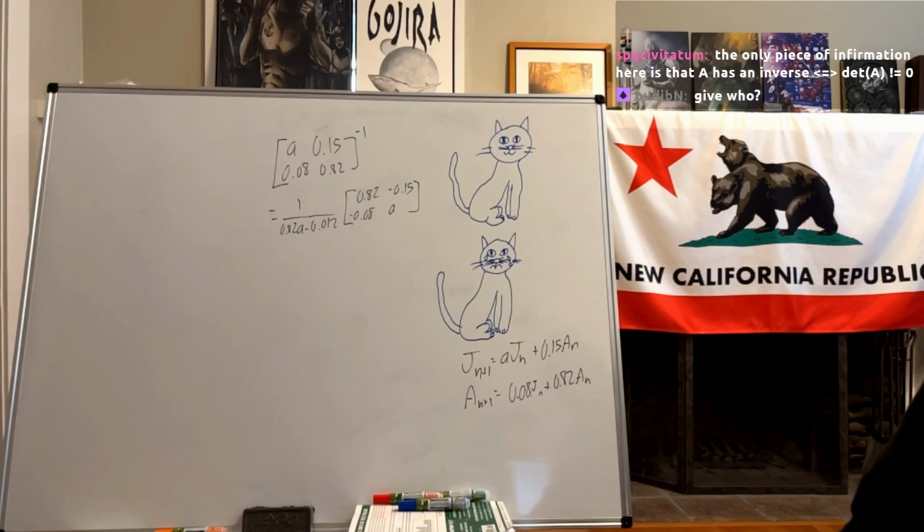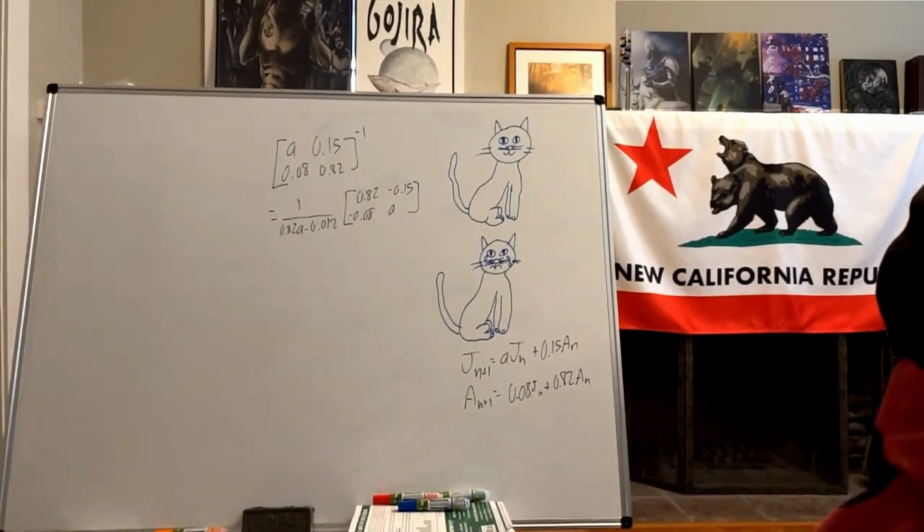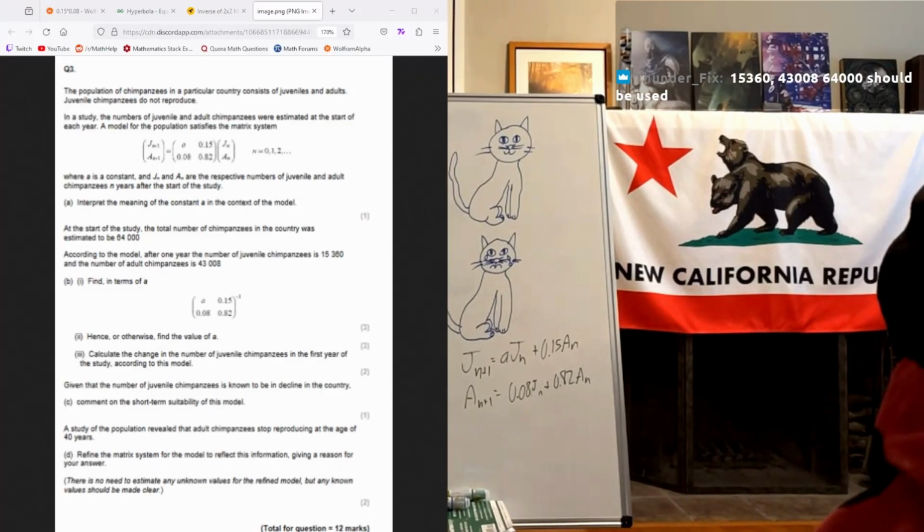It's just that it's not equal to 0, but we can't actually solve for A with that. So I guess we do need to use the numbers here. I thought it'd be for part 3. But okay, I guess